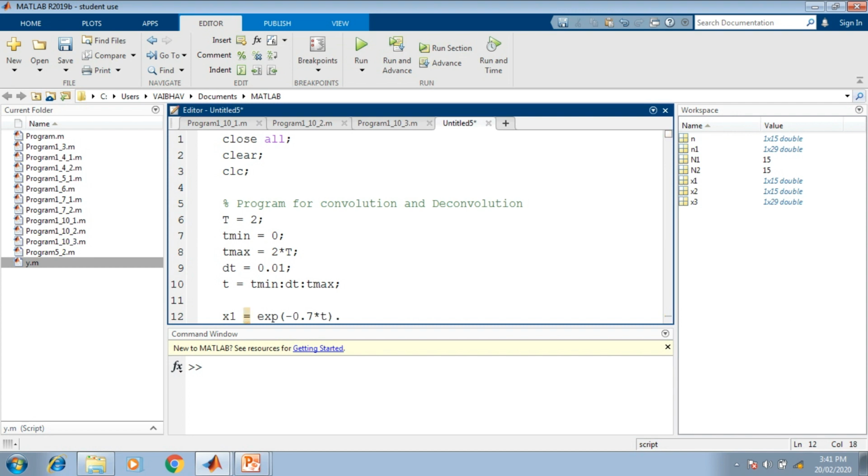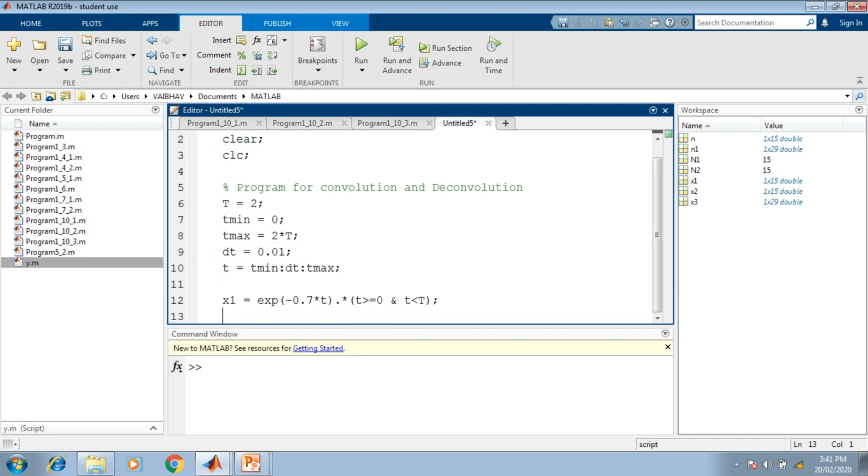So this is for the specified range of the t parameter. So we have the dot asterisk operation with the time parameter specified as t greater than or equal to 0, and we have t that is less than capital T, the specified value 2 we have. So ending this mathematical logic with the semicolon here, we have to generate the second signal.